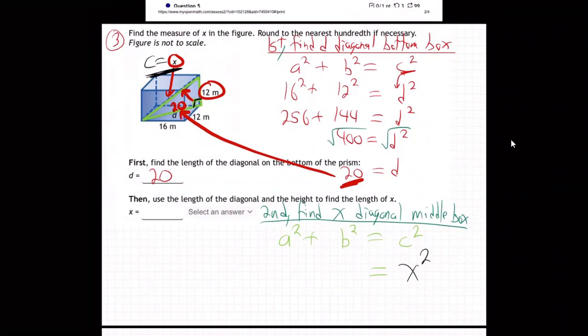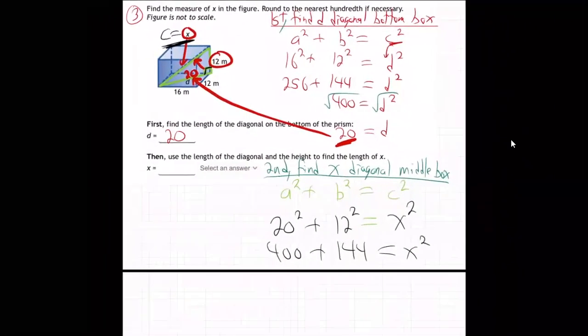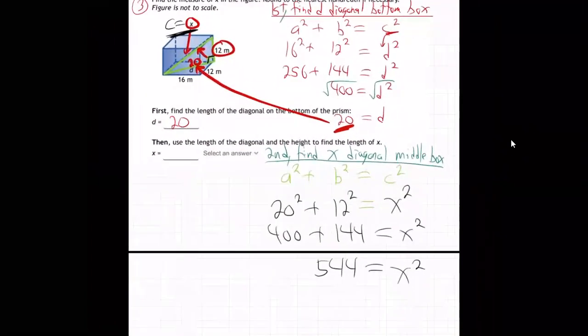So what are the other two? The other two are 20 and 12 in my case. So that's what, 400, 144, x squared. So add those up on your calculator. 544 is x squared. And the last step to finish solving for x there is we got to square root it, because that turns it into regular x, doesn't it? Then just hit the buttons on your calculator. I'm getting